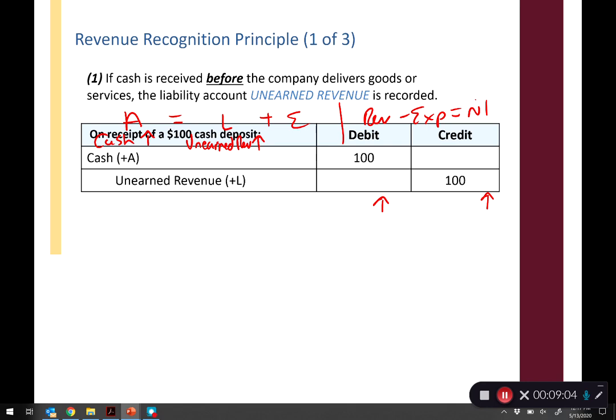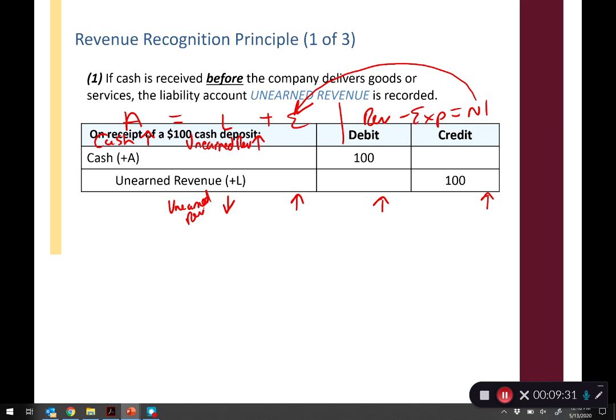And remember, net income is always going to affect our equity, specifically retained earnings, because the only way you retain earnings is first by earning it through net income. So whatever happens to net income is always going to happen to our equity, and that's how we're going to maintain our balance sheet balancing. If we've earned the revenue, the reason we've earned it is we provided the good or service, so we no longer owe it, so our unearned